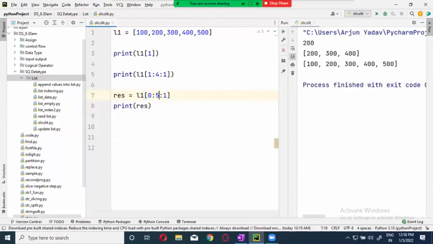5 means you are getting it till 4, it should be 4. 4 means you will get it till 400. Okay. Now, if you are doing it like rest equals